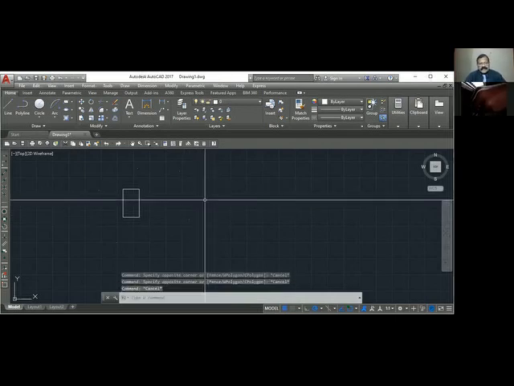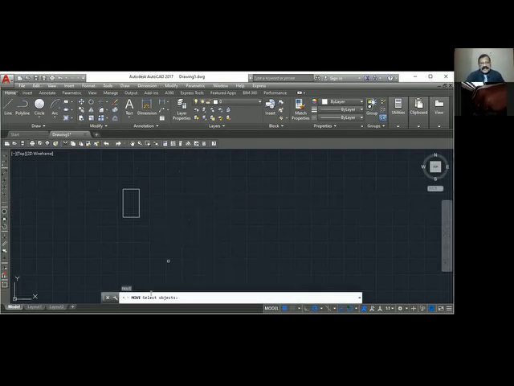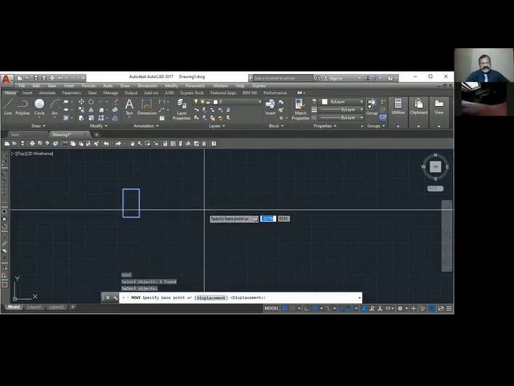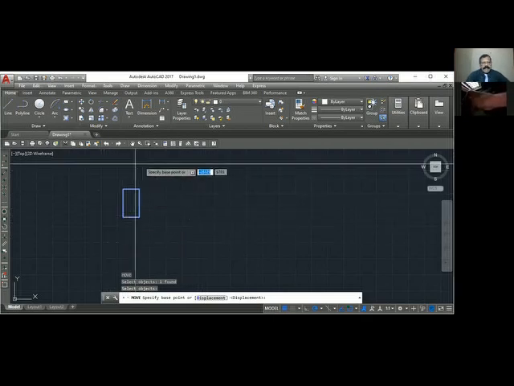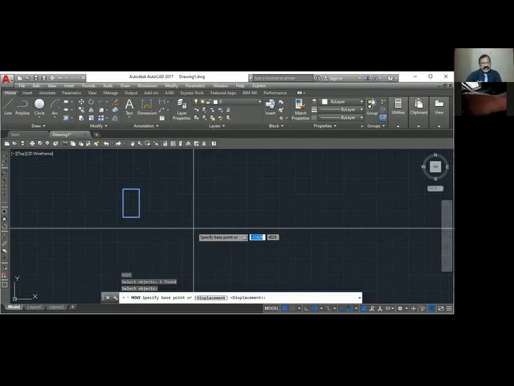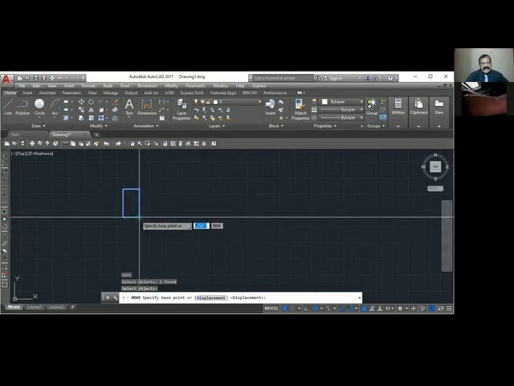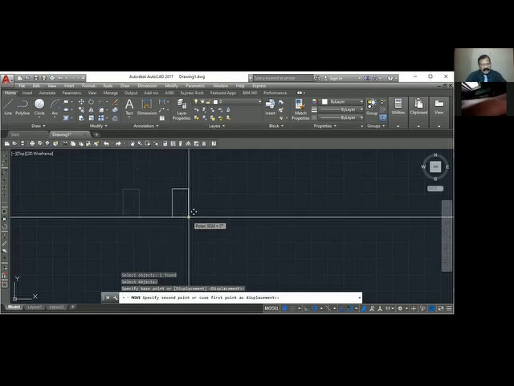M, move. So select the object. There are different methods by which you can select the object. One is clicking one by one, or showing a window. It is only one object, so I will just click it. Enter. The second step is to show a base point. You have to show a point on this object to drag it. So I will show this as the base point. Second point, I want to move this 1 meter.